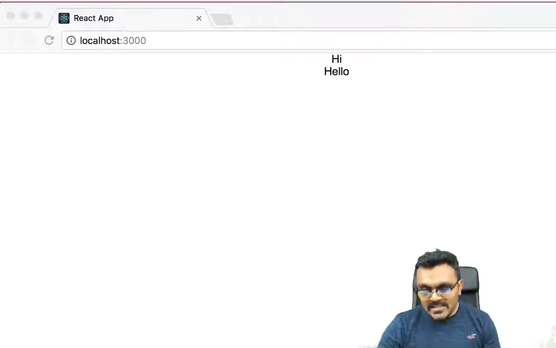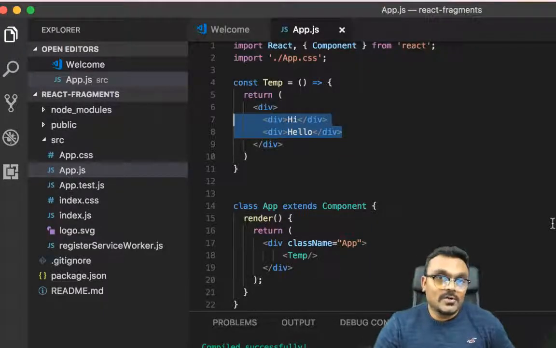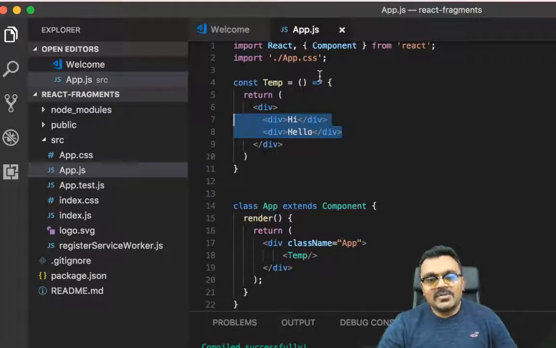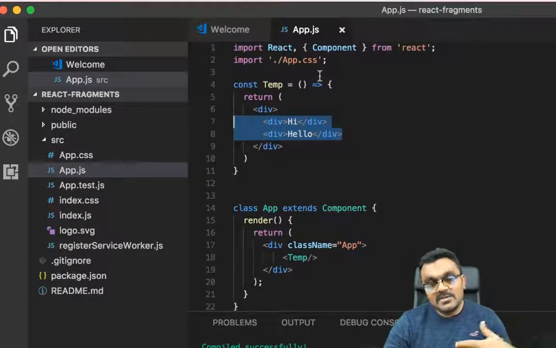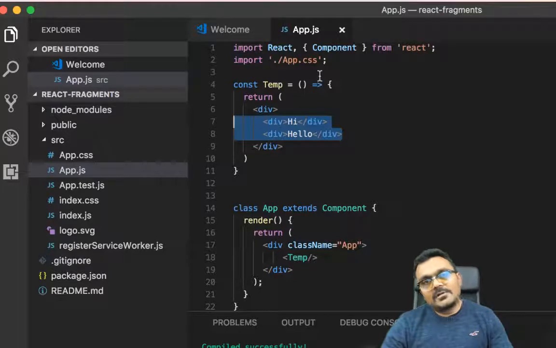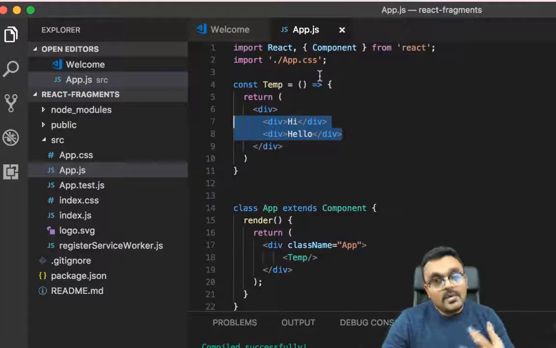And in the old days, when I say old days, maybe a year ago in the React world, or maybe 6 months ago, there used to be a fragment package that you could use to solve this problem. But now, after React 16, they have introduced a better way of doing this. So one of the ways is